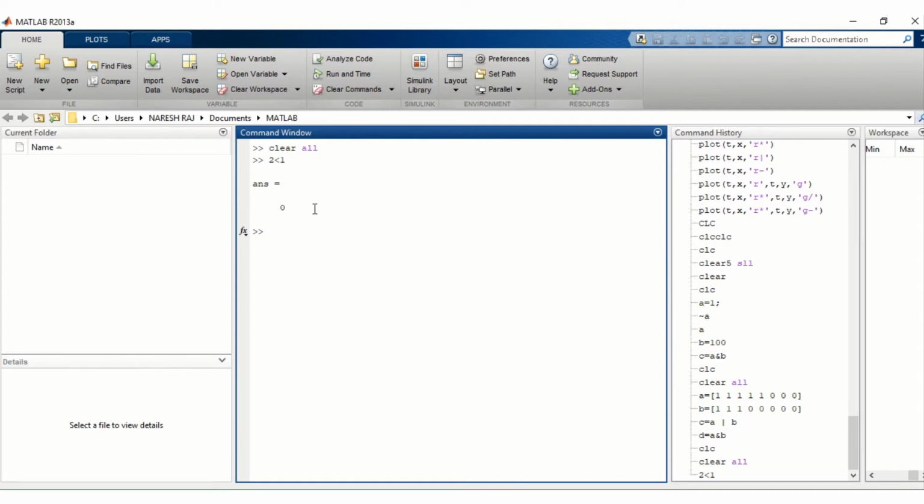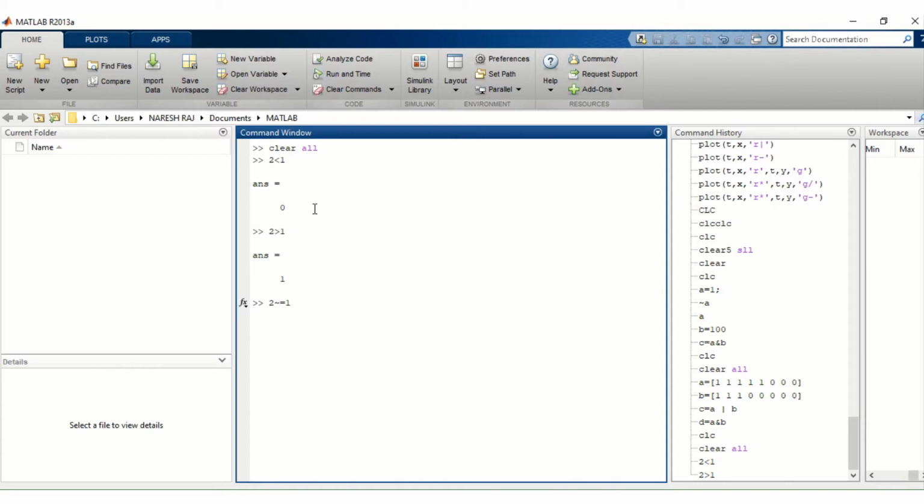And similarly, if we type 2 is greater than or equal to 1, then we see that the answer is true.